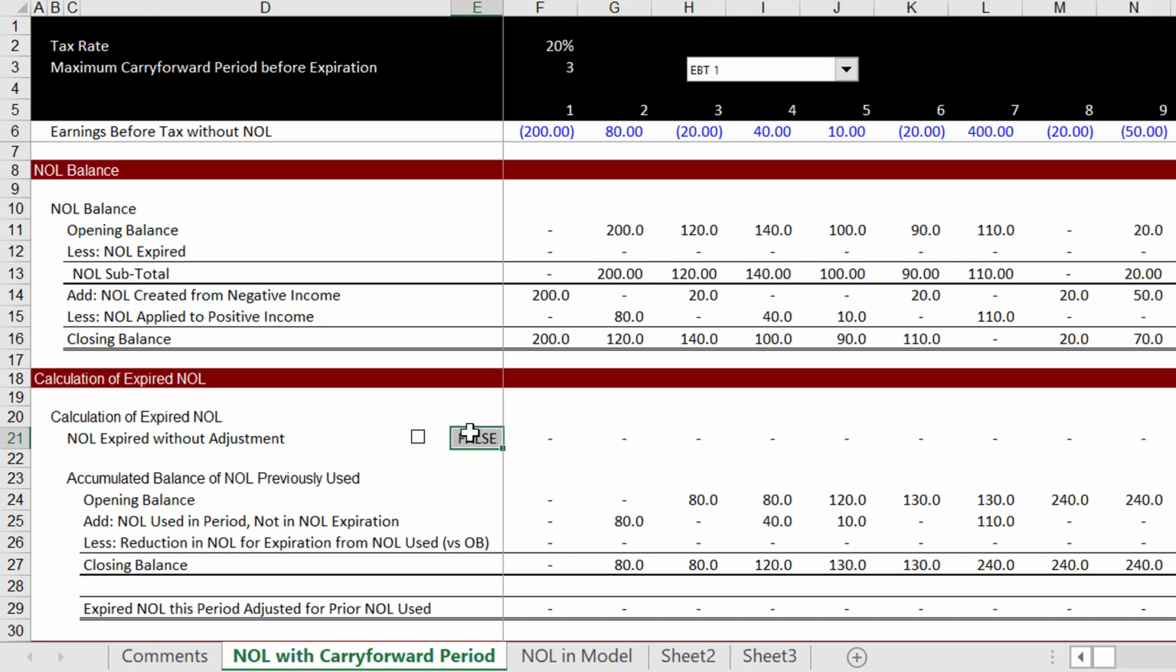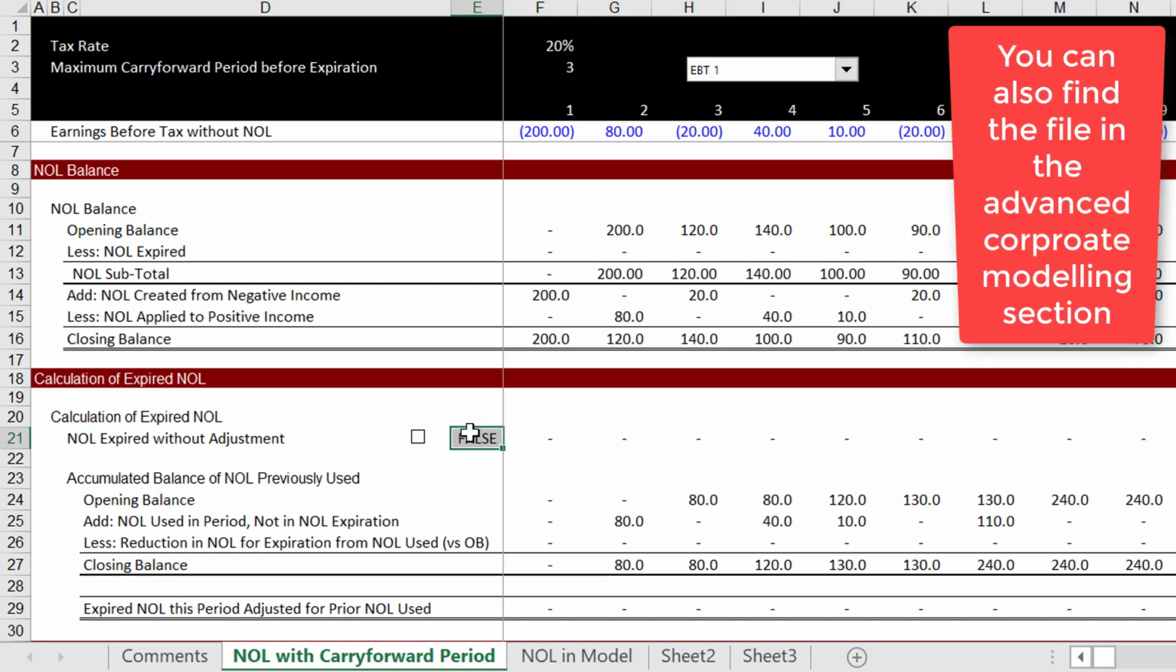Now I have no expiration in the losses. In that case, what happens is